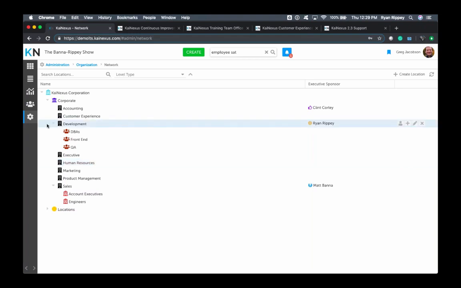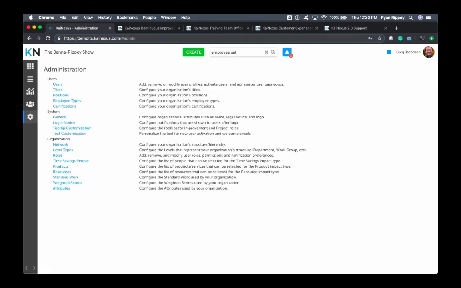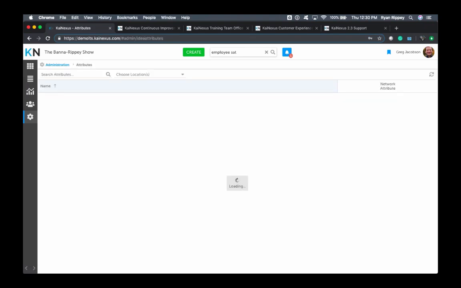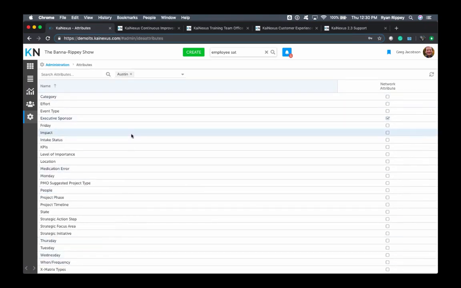So the first thing we're going to talk about is what's referred to as your location's attributes. What this means is you can now add a location to an attribute to help users quickly access the attributes relevant to their workflow. From an admin standpoint, when we come to admin under organization, all of your attributes used to be listed out under here. And if you're an organization that has quite a bit of attributes that you're using, like 50, right? It could be, yeah. So now when you click into attributes, you'll be able to see those, but more importantly,